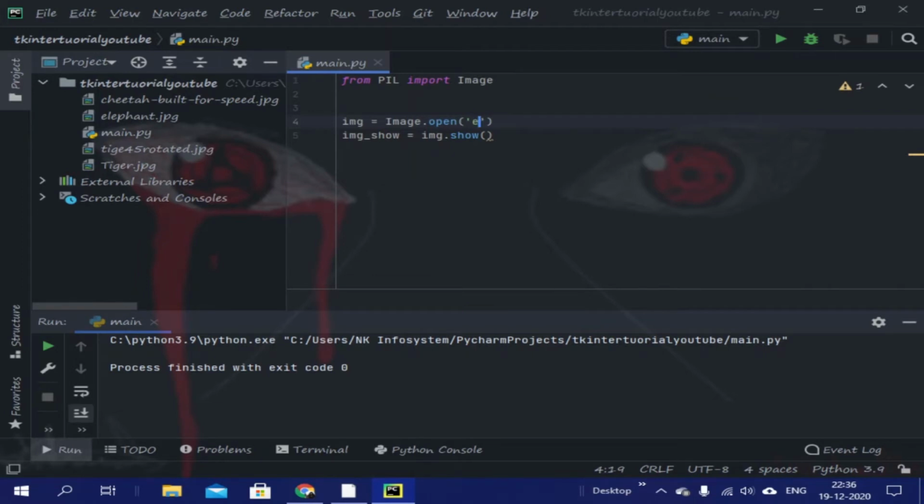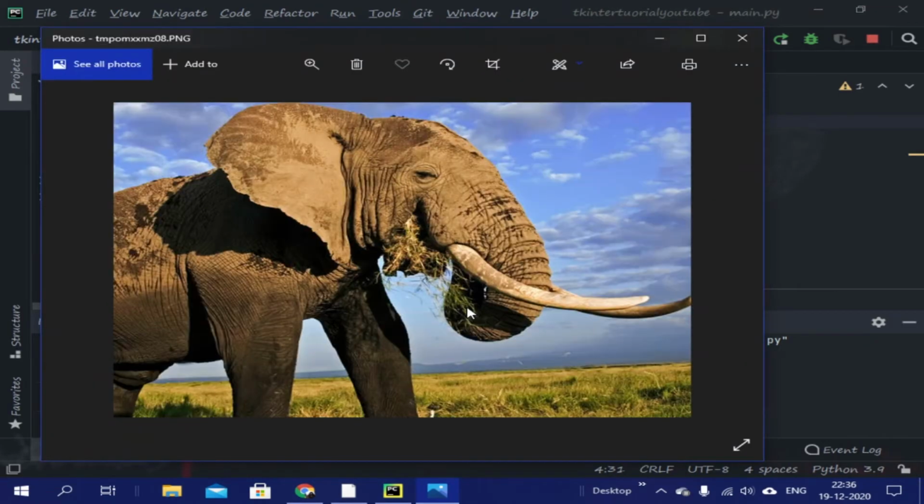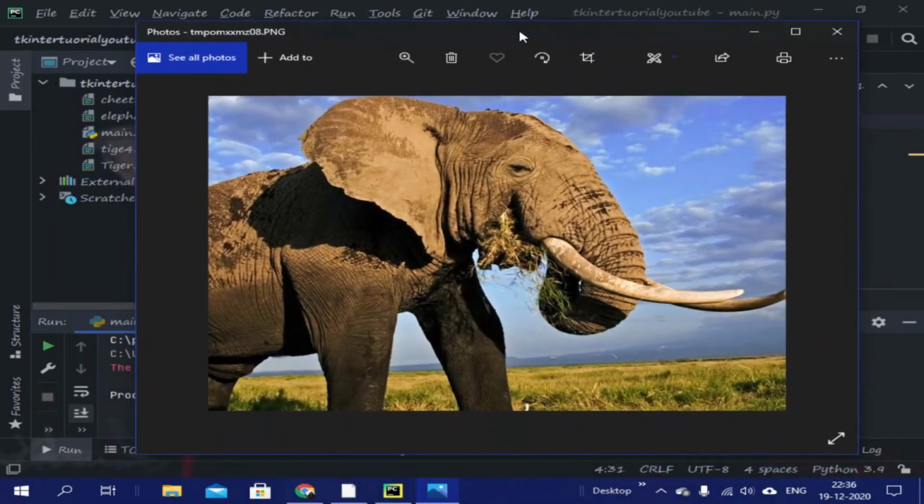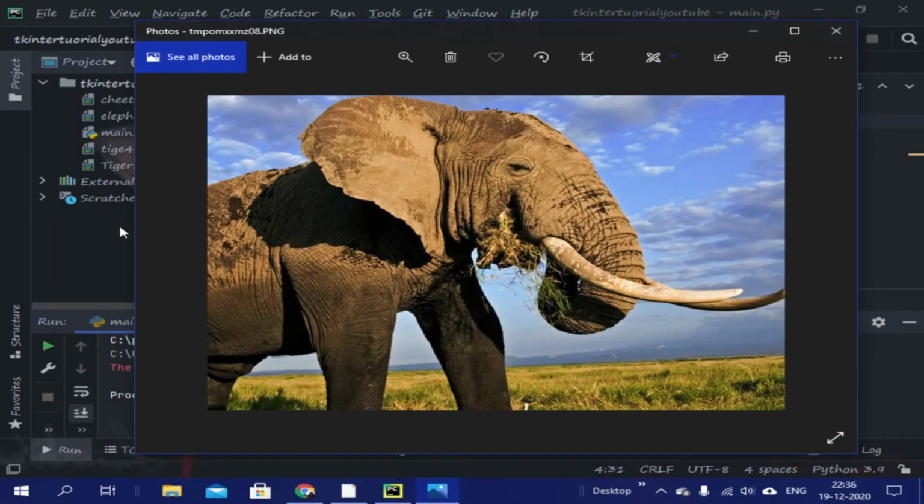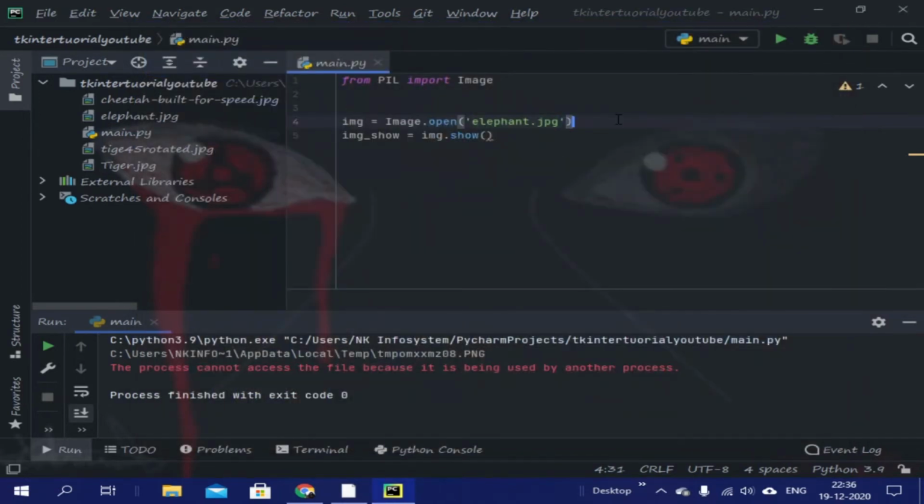So let's open our original image. As you can see, we have an elephant image out here. So what we are going to do, we are going to flip it left to right and top to bottom. So let's do it. So let's name the image flip, and then we have to type